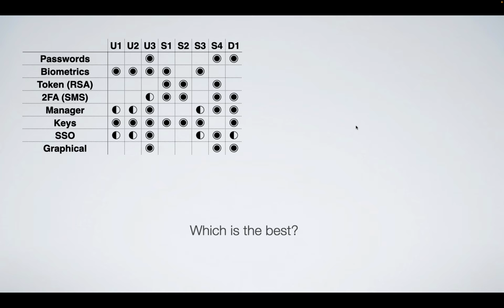Yeah, okay. But first off, doesn't it kind of depend on what you're looking for? Yeah, 100%. Thank you. So does the most dots mean that it's the best? Not necessarily, right? What if S4 is the most important property for me? It's the only thing I care about. I don't care about anything else. I only care about S4. Then is cryptographic keys going to be the best? It won't be for me, okay?